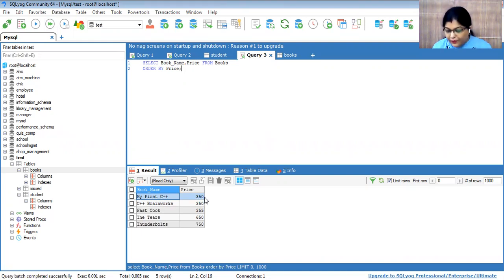Firstly they have 350, then 355, 600. If I want it in descending order, I have to write DESC. See here, now it will be in descending order. So whatever the question demands, when anything is wanted in ascending or descending order, you only write the order by clause. Okay, now come to the next question.